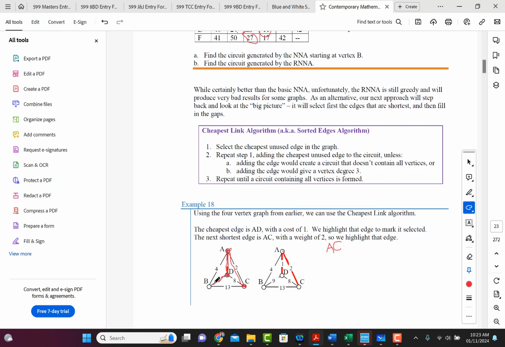Okay, so we'll add that one. And now we can go back to C, because now we can complete the circuit, because the next cheapest edge is the last one, which is 13. And there we go. Now we've got the circuit. Okay. So that is using the cheapest link algorithm. So the circuit would be